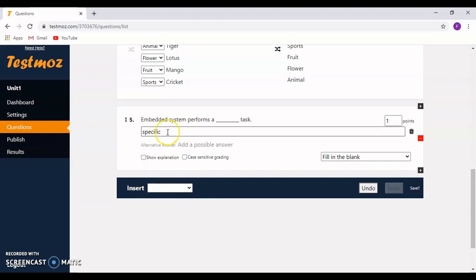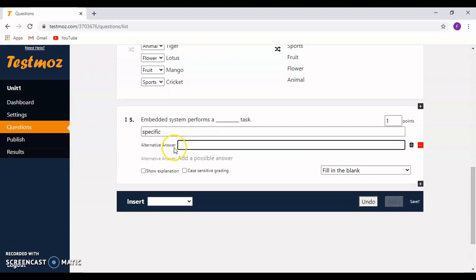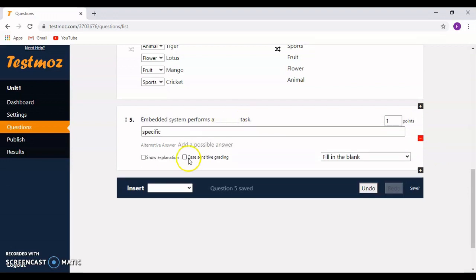Now if I want, I can even include it as case sensitive, like whenever we add fill in the blanks for abbreviation or something like that where the case sensitive can be applied, we can just put a tick here. I do not need to apply case sensitive here, so I'm going to just remove it. I'm going to put the points as 2. Now moving on to the next question, I click on the drop down icon here, essay.